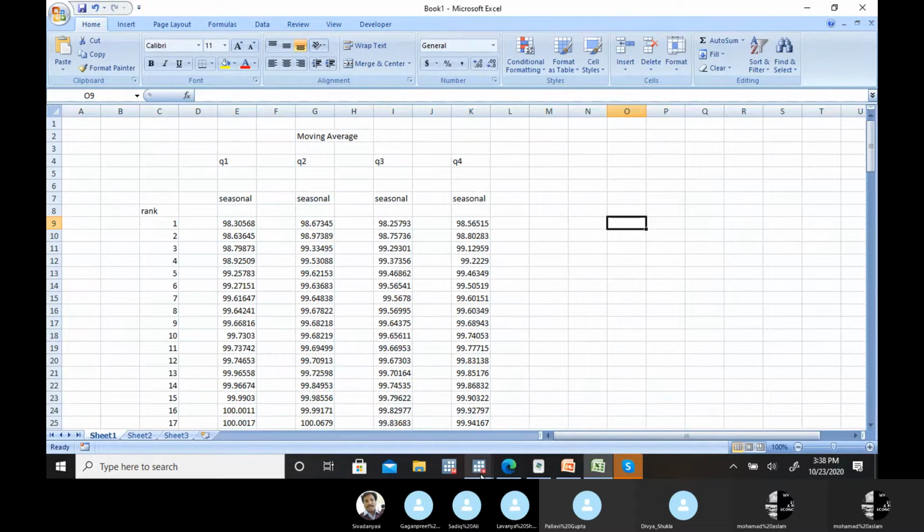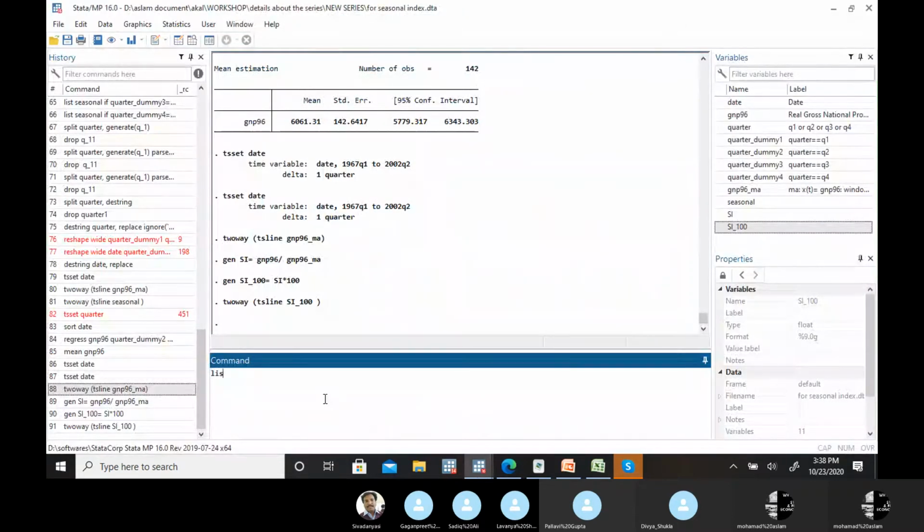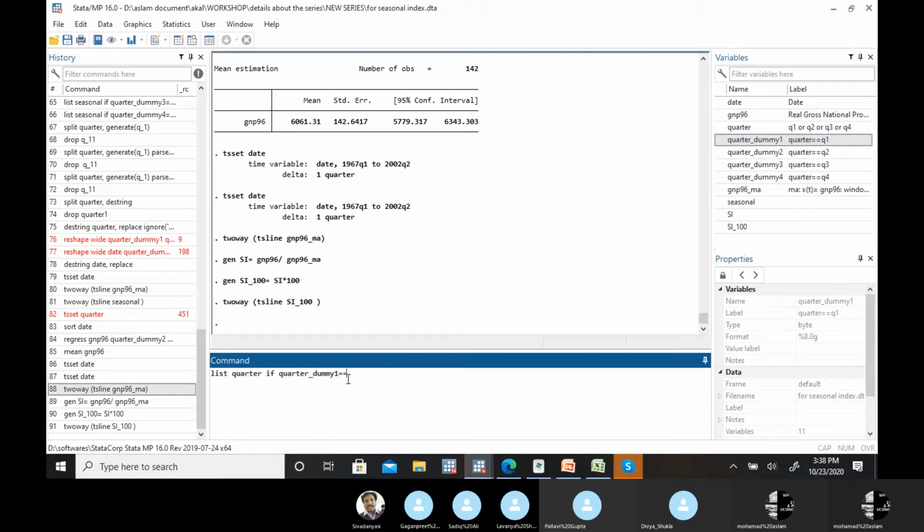for all the years. So to do that, just type here list quarter if this quarter dummy variable first one double equal to 1.